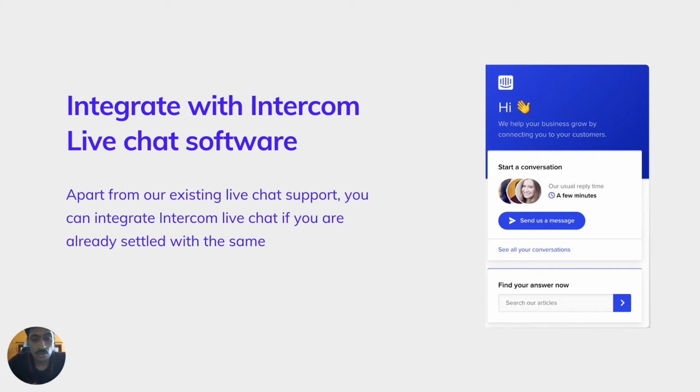So you don't need to shift, because we got suggestions that they're already set up with their existing live chat software like Intercom, so they are not interested in moving to a new one, because it's already in place. So you can integrate with Intercom, a live chat software available in the market.